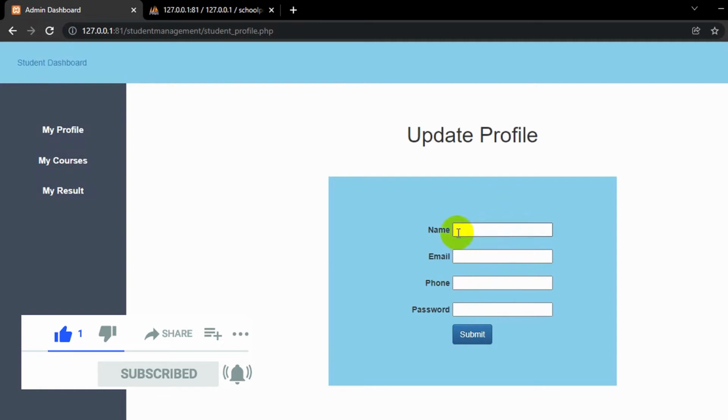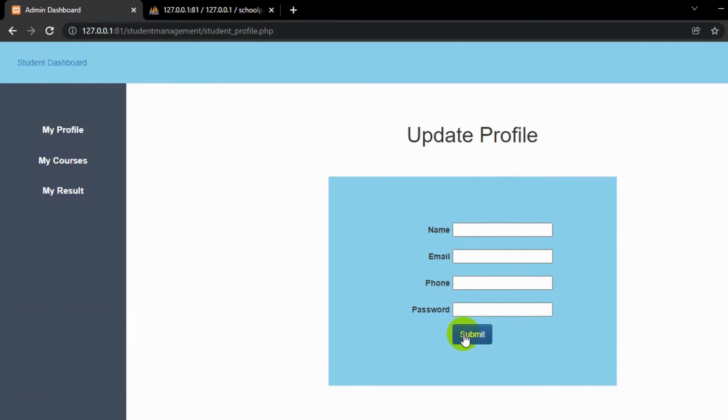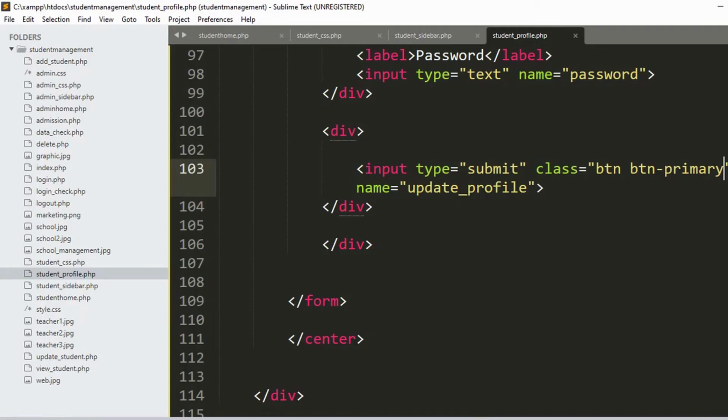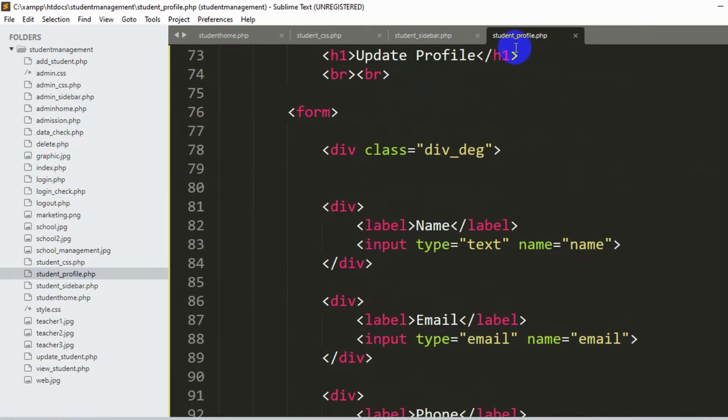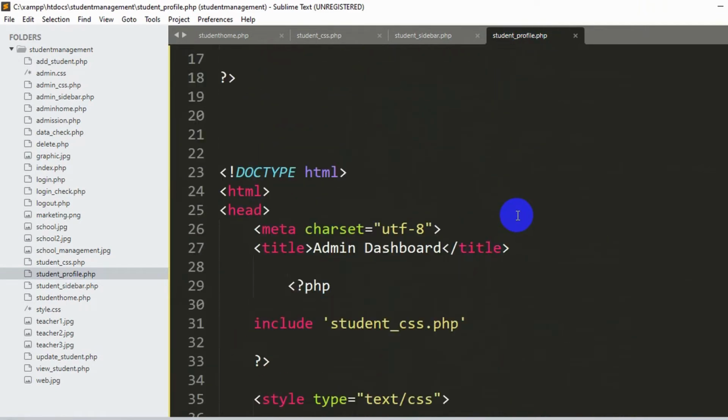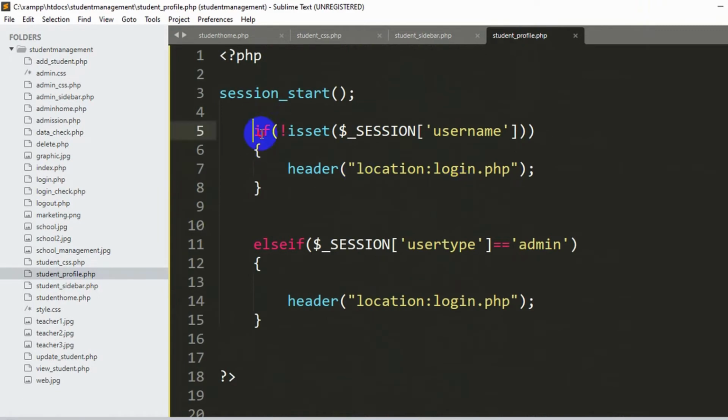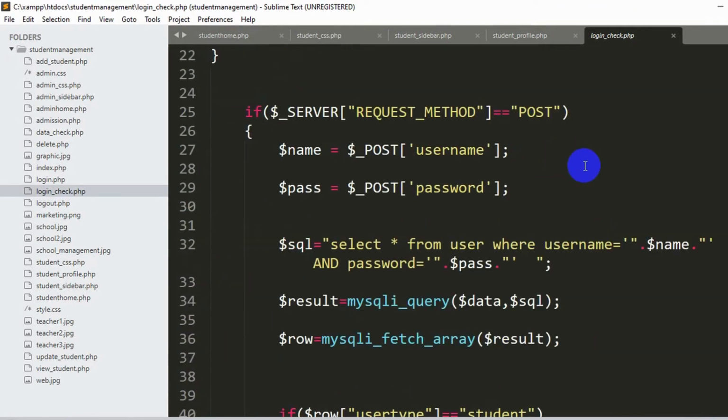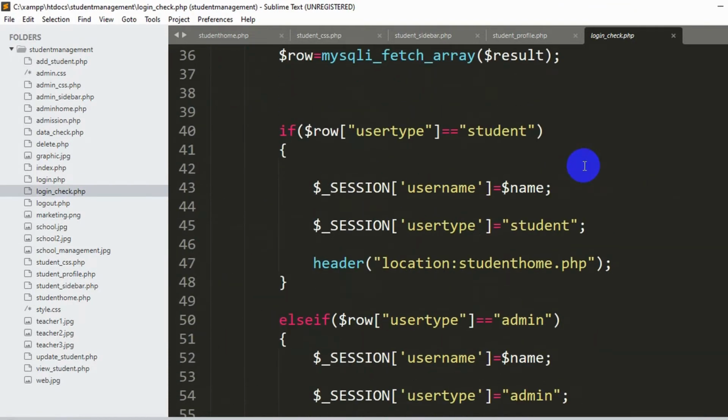So right now we are going to show the logged in student's name, email, phone, and the password, so that he can update his own data. So for it, let's go back, and here currently we are in the student_profile.php. And if we go at the top, here you can see session username, and you can also see user type as well. Now if we go to login_check.php, and over here if we go down,